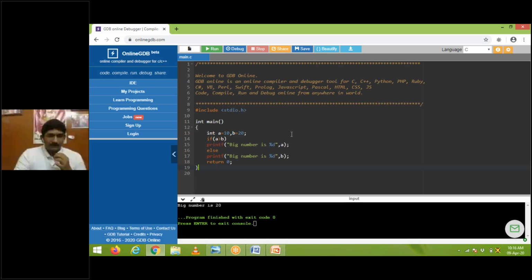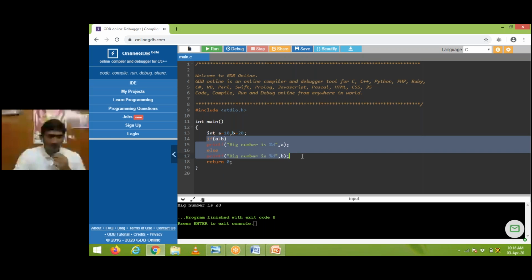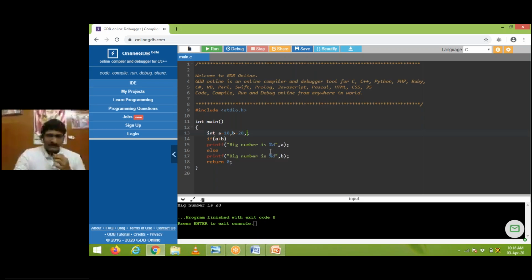Now coming to the topic, I'm declaring if a greater than b. Everybody knows this program because you already did this program in the lab. Now my question is, if I'm declaring three values like c equal to 5, which number is bigger by using an if condition? This is very critical because if I'm declaring three variables, a single if will not be enough. You know that the A value is 10, B value 20, C value 5. You know that the B value is big because you have a mind, right? So you directly tell that B value is big, sir, apart from A and C.